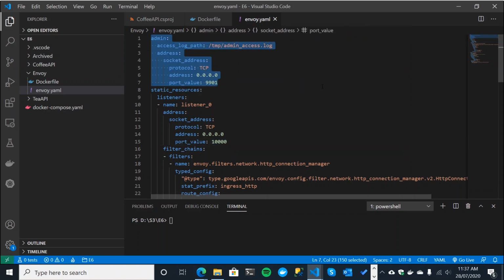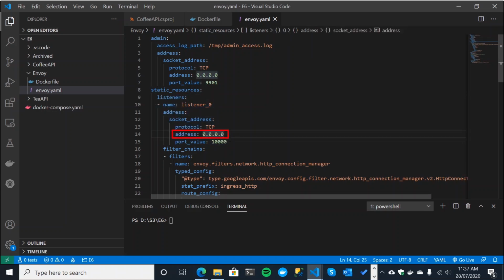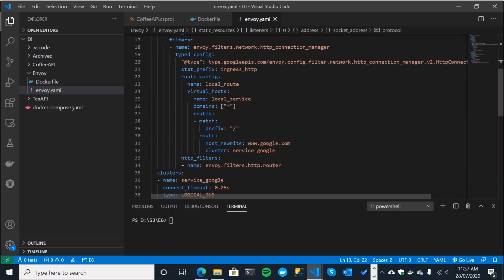So up here we have our first listener, but it's really a special case listener. It's an admin interface on port 9901, excuse me. And I'll show you that when we run it up. And then we have our actual proper listeners, which are listed as static resources. You can have dynamic resources, which we're not going to cover today, where the config is built dynamically. We're just specifying it in a very simple static way. And we have, at this point in time, one listener listening on any IP address on port 10,000. Okay, and then we'll come on to what it's doing below in a minute.